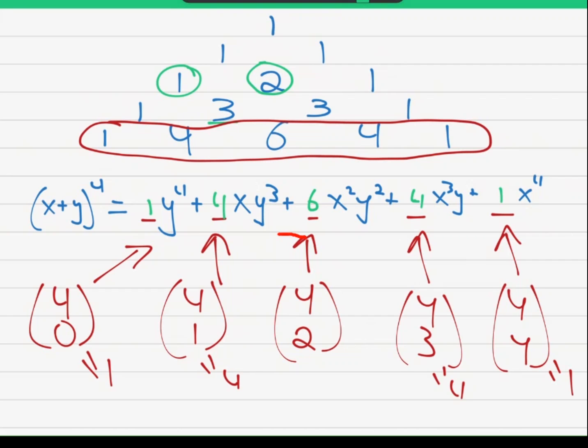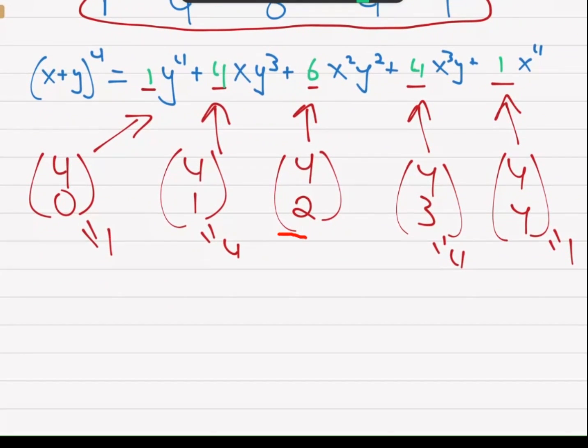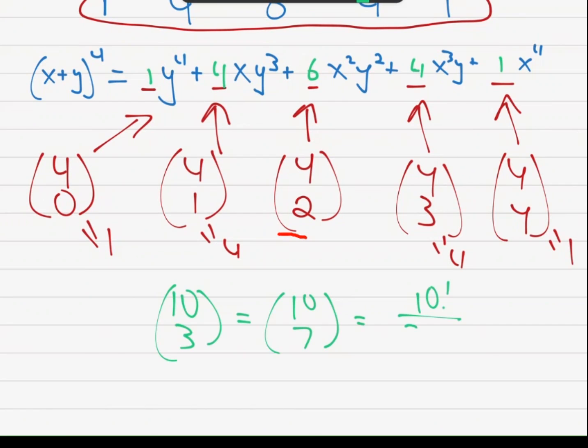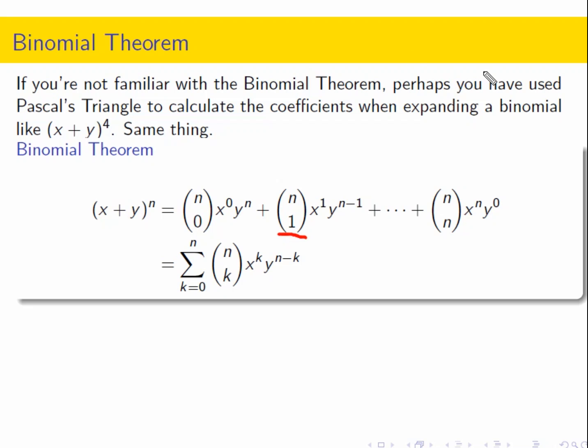If I were to write 10 choose 3, without doing any calculations, I know that that's 10 choose 7 as well. Why? Well, 10 choose 3 is 10 factorial over 3 factorial times 7 factorial. So 10 choose 7 is the same thing. So there's this symmetry from the Pascal's triangle that's also in these binomial coefficients. So going back to the pattern that we have,